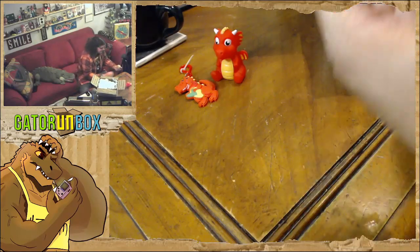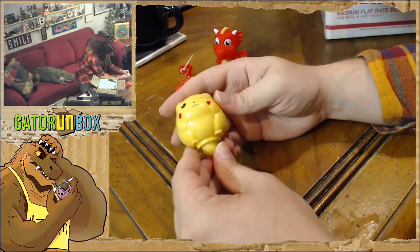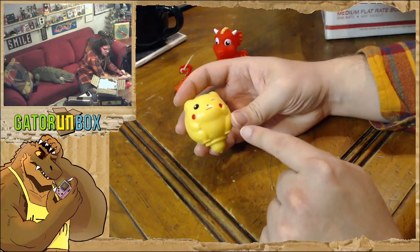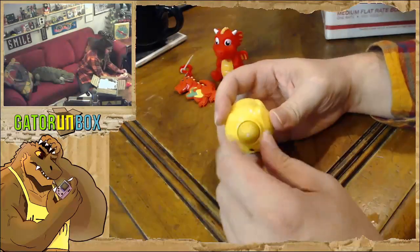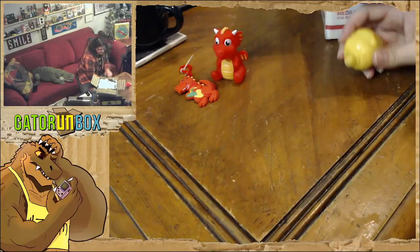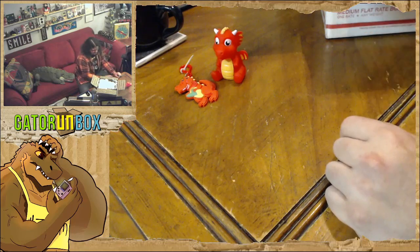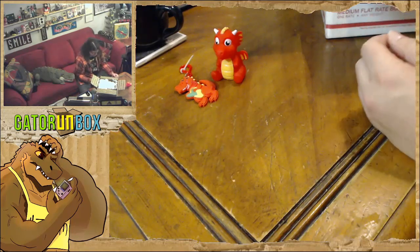This isn't one of the Burger King toys, is it? No, the Burger King Pikachu was a talking Pikachu. But this thing down here, if you're wondering why he has a butt nipple, check this out. Watch. Hank, before I do that,